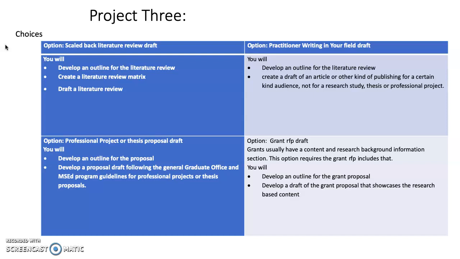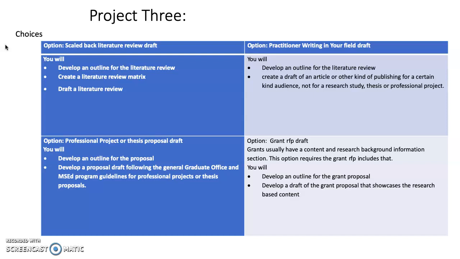Option 2 is a practitioner writing in your field draft for those of you who would like to perhaps publish an article for a non-academic practitioner publication for educators. Option 3 is your professional project or thesis proposal draft in which you'll develop an outline for